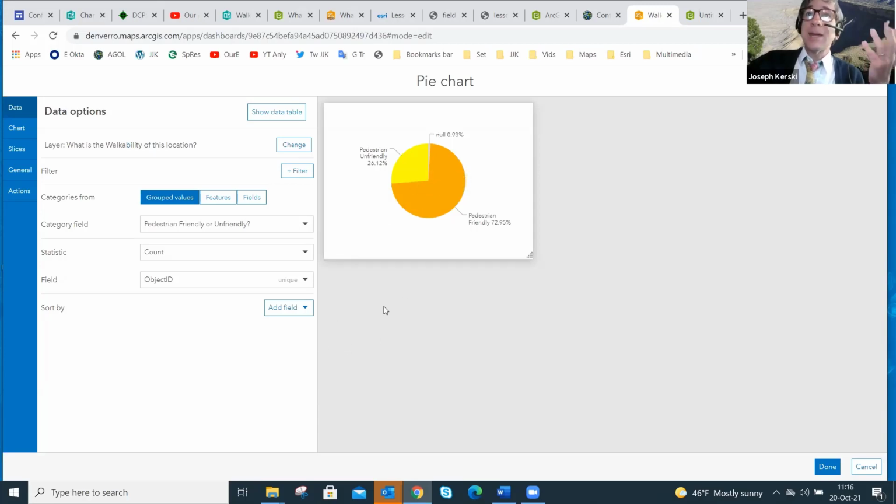Okay, that's looking good. Can I customize this? Can I take out that null? Can I make the fonts bigger? You know that we can do all that, and I don't really want to spend your valuable time customizing that. Realizing that, of course, this is not Photoshop. You can't infinitely customize. You get some tools, but the power is in the mapping. Okay, so that's good. I'm liking that.